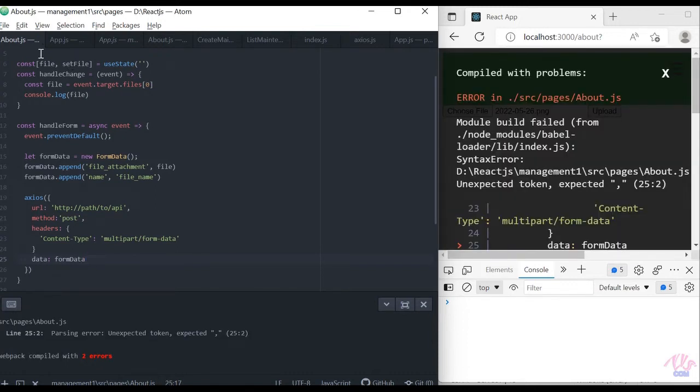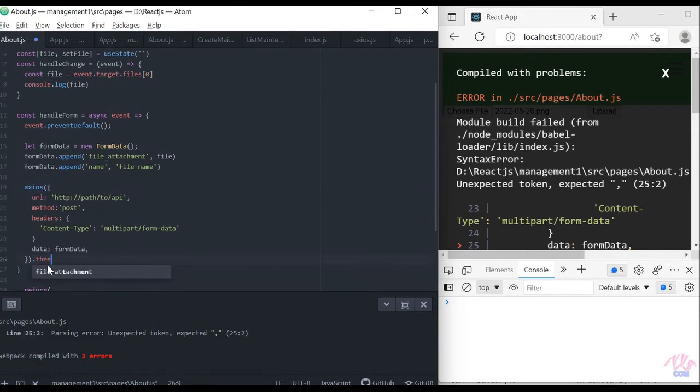It is showing some errors. Let's fix it. Here is a comma error. Let's write the complete function first, and after that we will find errors.